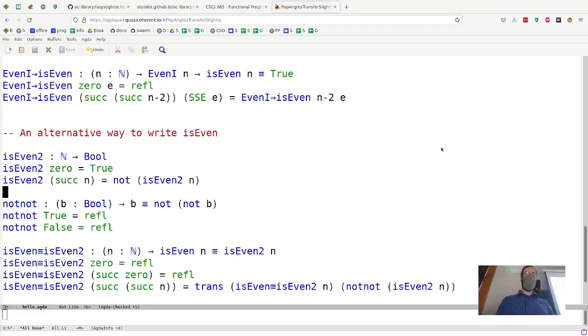I think next time, one of the things we're going to do is write some functional programs, things like map, and see if we can prove some theorems about how map behaves, or things like that we might actually care about in a program if we want to prove that our program is correct. Kind of see if we can do that. This was just kind of to get us